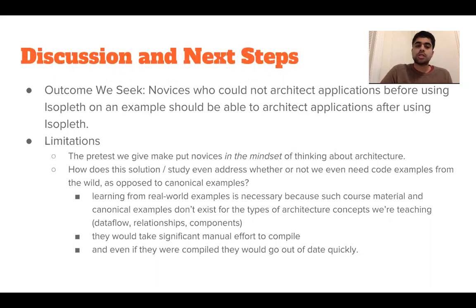Another limitation is that this study or project doesn't really address the fact that you could have just curated examples. Is it really better to do examples from the wild that learners choose as opposed to cleanly built canonical examples? However, our hunch is that since the web changes so fast, and also since learners have different interest levels in different types of websites, it would be better to have our software work on a good fraction of the examples out on the web as opposed to only a few canonical examples.